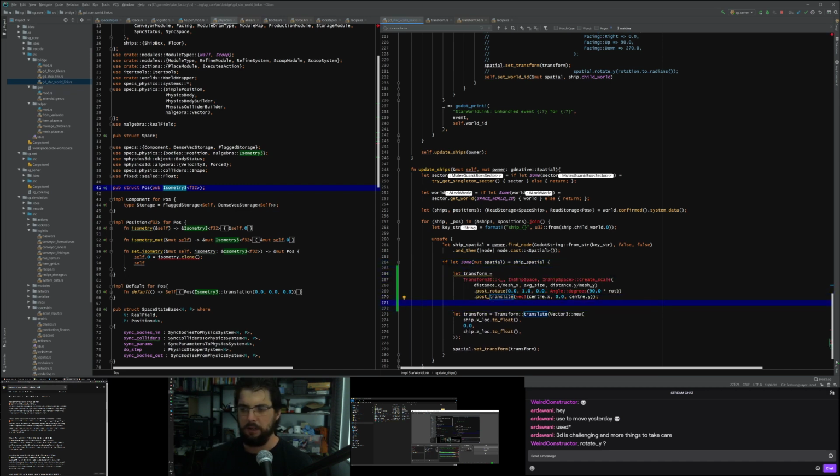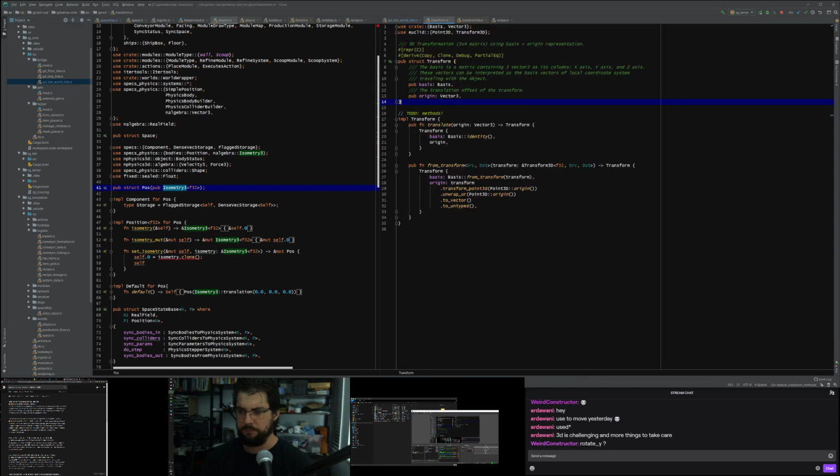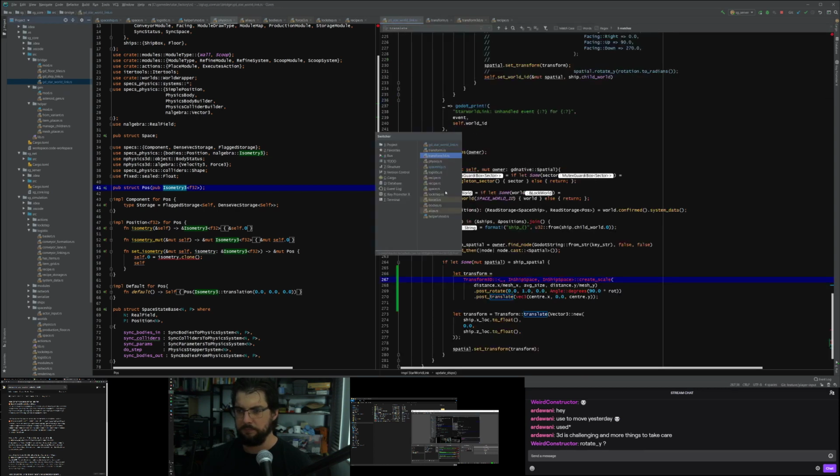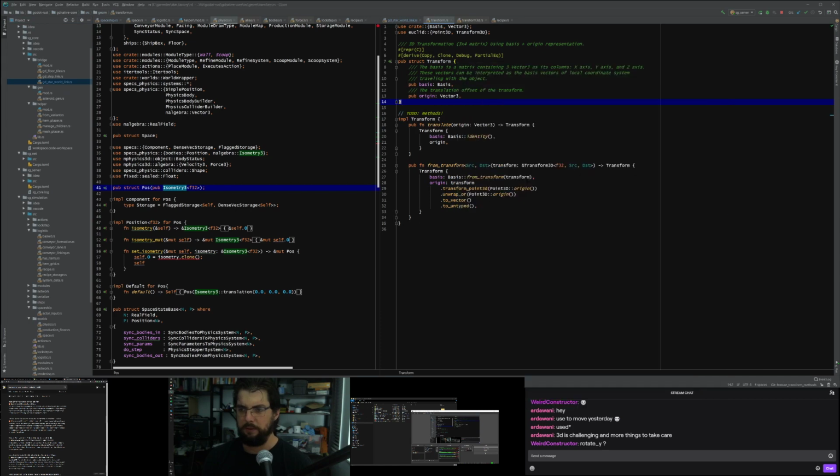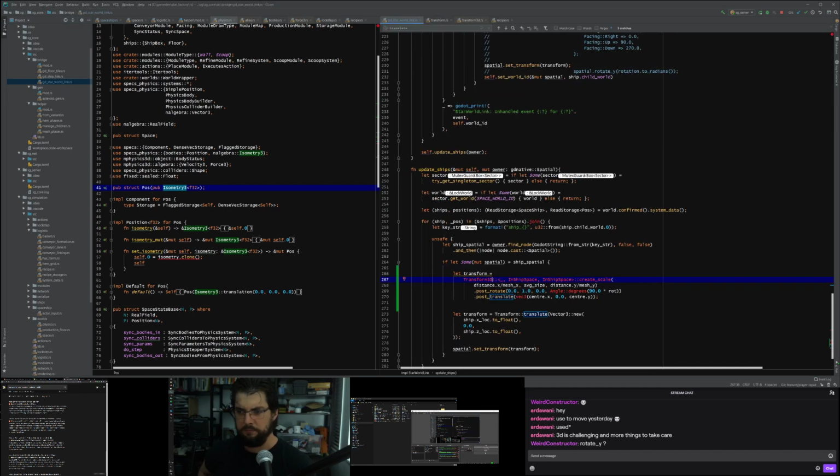We want to create a transform. Anyway, so we're on a transform 3D, which is from Euclid.